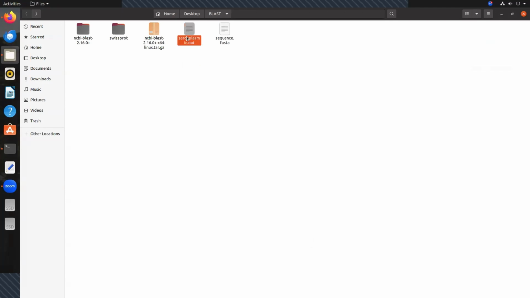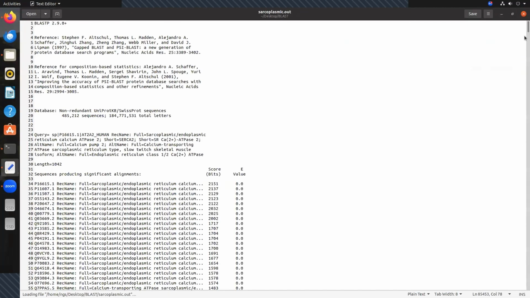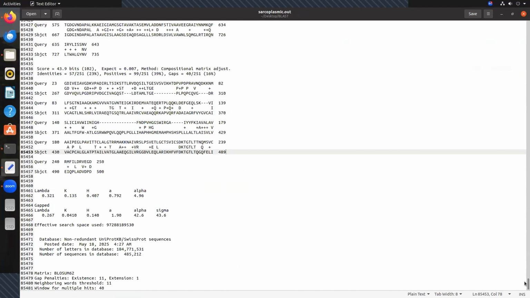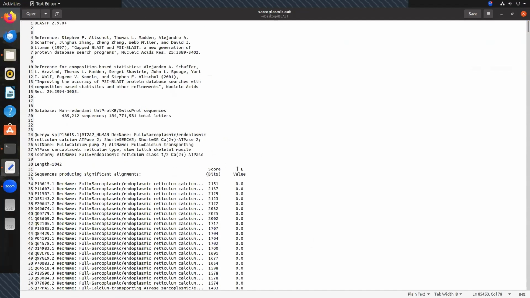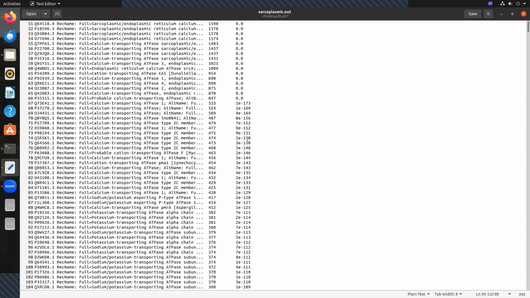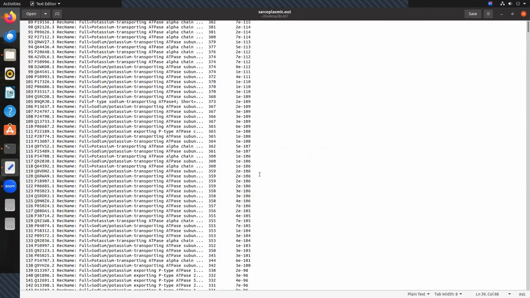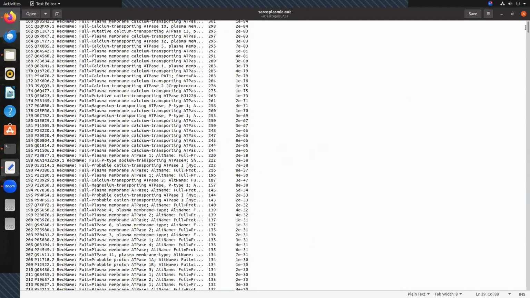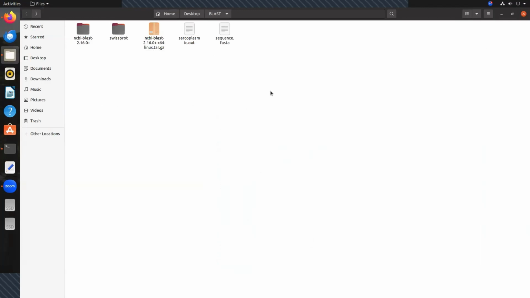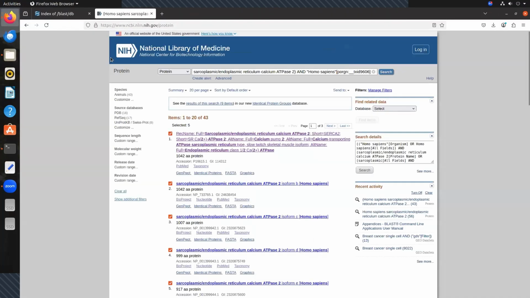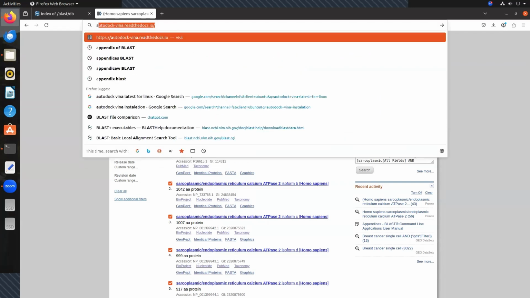Okay, so in this format, these are the e-values you can see here. This is the e-value. The lesser the e-value, the better the alignment. See, it is 10 to the power minus 173 is the value. So it is a quite good blast score. Just closing it. And another thing I'd like to mention is that you can just open your browser